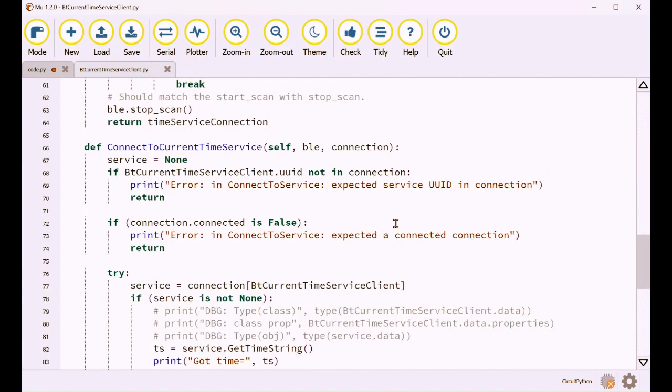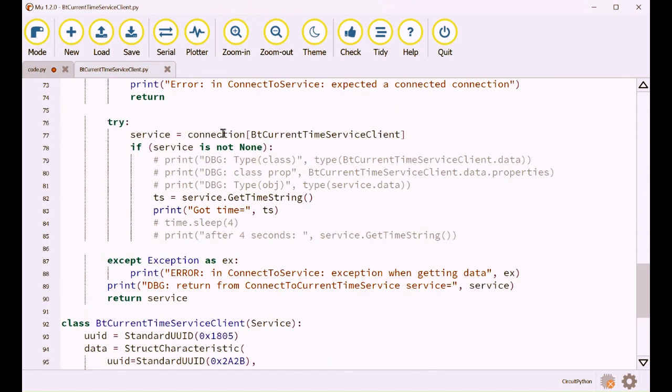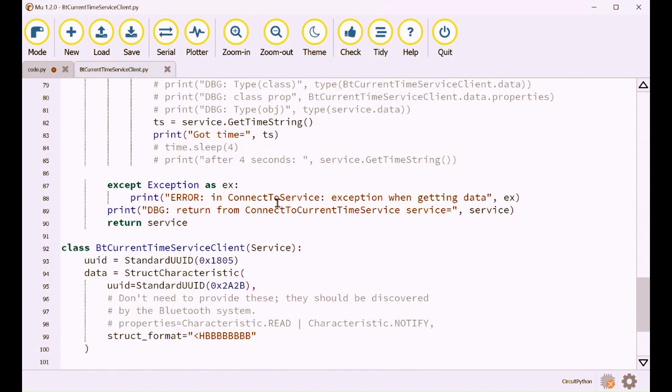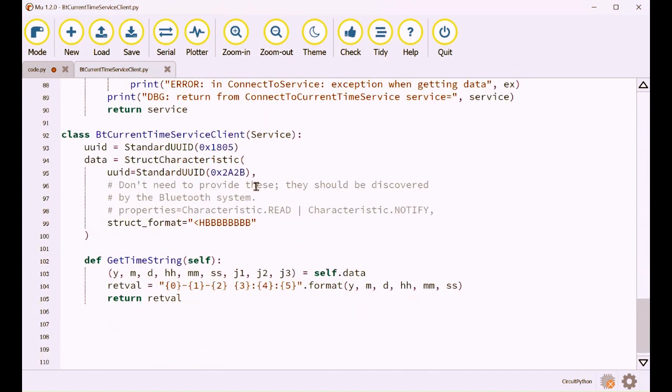Let's take a look. What is this class? Why do we even need it? How does it get used? Here's the deal. When you call into the connection and say, get me a service out of that connection, the smart Python stuff in this connection is going to do something. It looks like a list here, like you could iterate through it, but it kind of isn't. What that smart thing does is it says, aha, take the class that you passed in with this UUID,